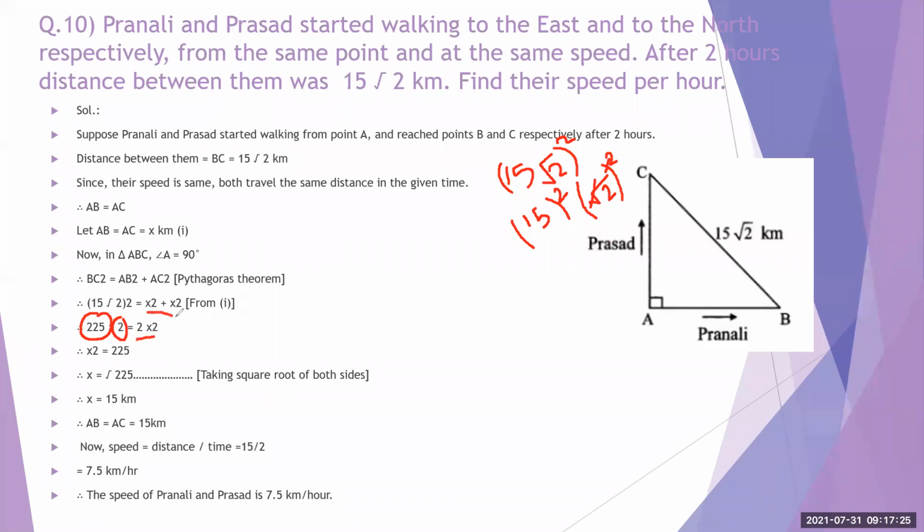And ये तो ये side है ना, this one. This is x square plus x square, that is equal to 2 into x square. ये 2 into x square था. Then this 2 and this 2, both of them get cancelled with each other. So we get x square is equal to 225. So we take the square root of both sides and we get x is equal to under root of 225, which is equal to 15 kilometers. Now understood? Yes? Okay. Hope so. Yes. Who's this then?